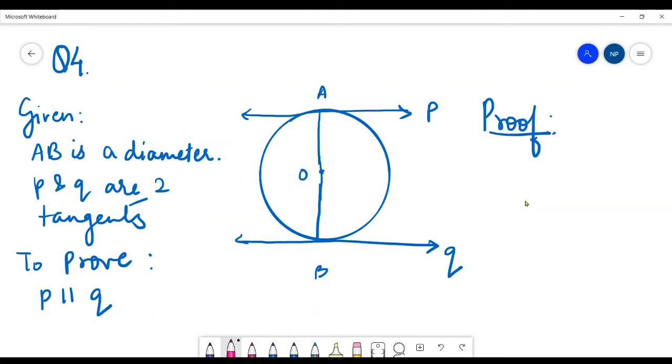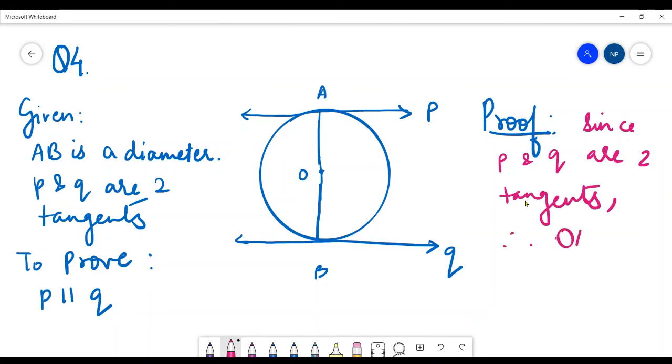since P and Q are two tangents, therefore OA is perpendicular to P. Okay, this particular line OA is perpendicular to P by theorem 10.1, and OB is perpendicular to Q. This particular line OB is perpendicular to Q, right? So over here we can name this as